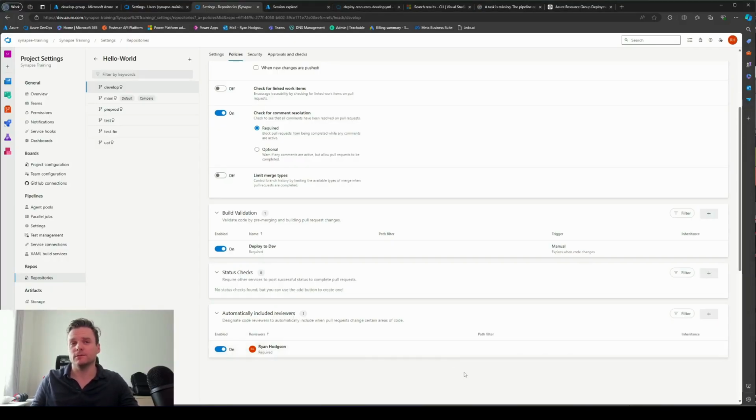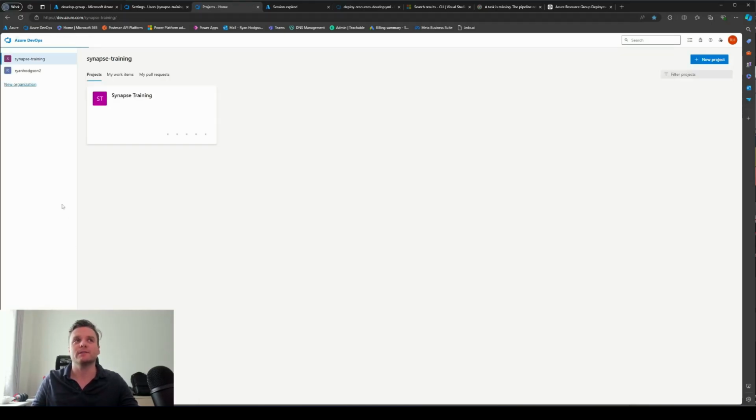But what if we want to include a group of people? So let's say there is a group of test environment owners that we want to include all of them, and we don't want to manually put every person in here because it could be a big list. We want a group, and we want to sync that group from Azure AD, or we can create it direct from Azure DevOps. So in order to create that, we need to go all the way back to our organization settings